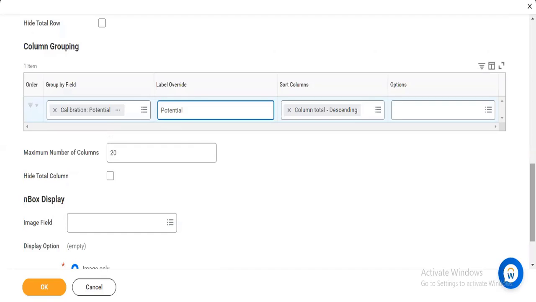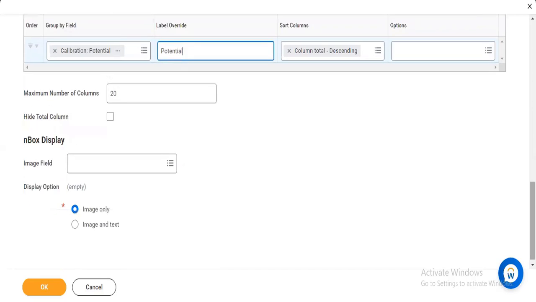If we talk about this inbox display section, it specifies whether the output of this report that we will be getting should display an image, or image and text. If you want only image, I can select image only. If I want image and text, I can select this option. This is related to the report output that we will be getting. For example, in a generic way, if I want the worker's image to be displayed,